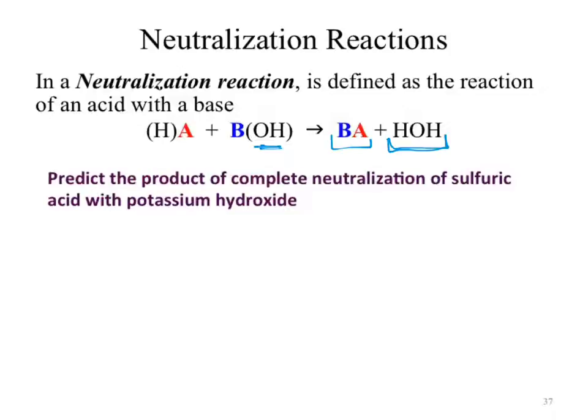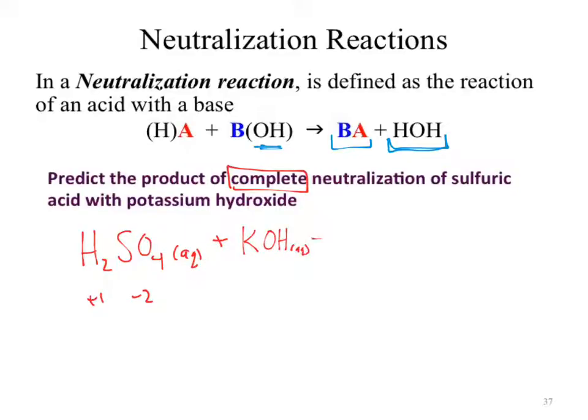Predict the product of the complete neutralization, complete being the operative word here, of sulfuric acid with potassium hydroxide. Formula for sulfuric acid would be H2SO4 aqueous, so pretty good on the H2SO4s there. Why is it H2? Sulfate's a -2, hydrogen's a +1. I need 2 hydrogens. Potassium hydroxide, KOH, aqueous. This is going to go through to produce potassium and sulfate, and